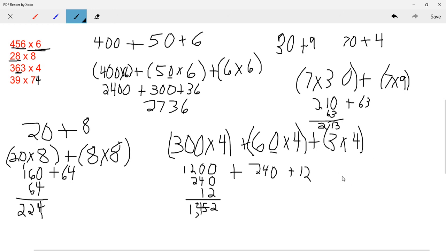So it's a lot easier to just use the area model at that point,